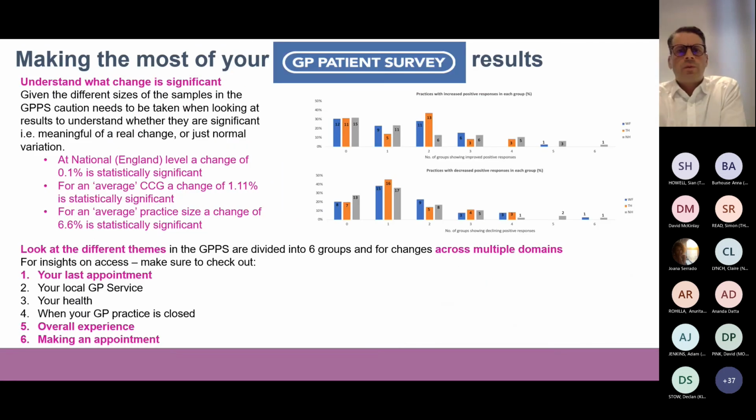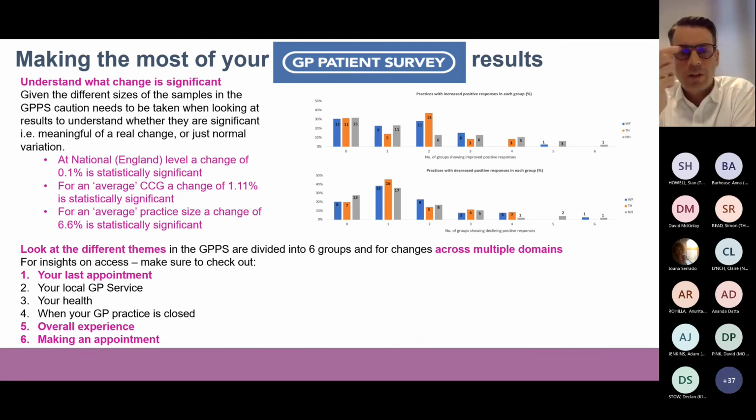I think one of the things when we're looking at the GP patient survey, and I really commend you to go and check out your practice, network and CCG results, is to know what is a significant change for you as a practice, because sometimes you can look at the results and not really know whether anything's happening or not. A change of 0.1% at national level is statistically significant. So that move from 94 to 95% in terms of satisfaction is a statistically significant increase in satisfaction